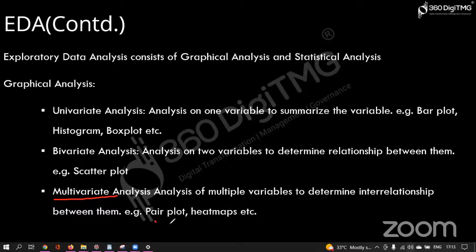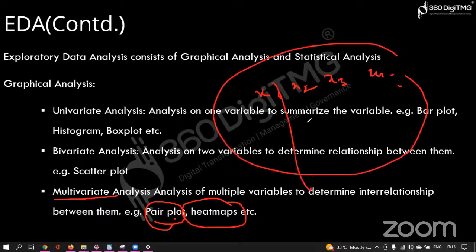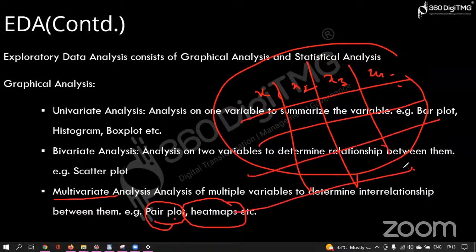So for that, we can simply use pair plot. We'll be having the pair plot, all the features at a time we'll be finding out, and then we have a heat map as well. So whatever the correlation between individual features like x1, x2, x3, if you have something like that, it will simply show all the correlation between different features, x1,